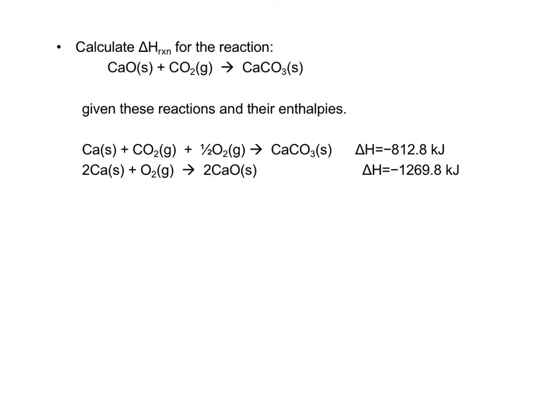and I want just one. So what I'm going to do is take this reaction and reverse it. So I'm going to swap the reactants and the products, and that'll change the sign on the delta H. When I flip the reaction, it'll change from negative to positive, and then because I only want one calcium oxide instead of two, I'm going to multiply this whole reaction by 1/2. And so I'll do the same thing to the delta H. I'll multiply it by 1/2. So I'm going to flip it and multiply it by 1/2. So I'll change the sign and multiply it by 1/2. So that new reaction is going to be